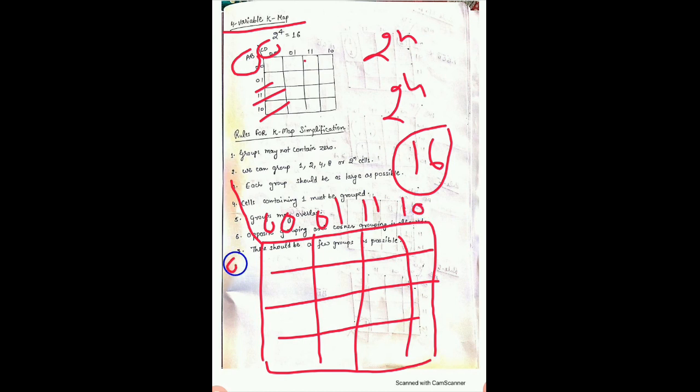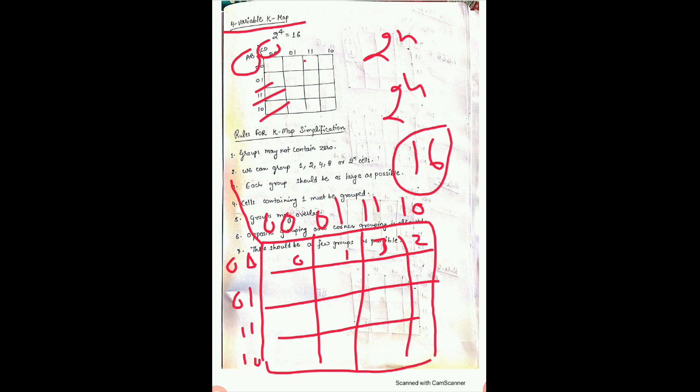You have to write here 0 0 0 1 1 1, not 1 0, because in the K map only one bit is changed from going from one cell to another cell. Then we can do right here 1 0. Same here 0 0, 0 1 1 1 and 1 0.